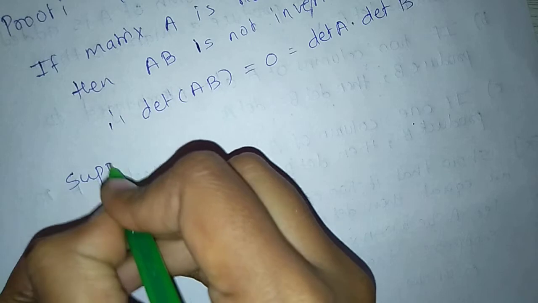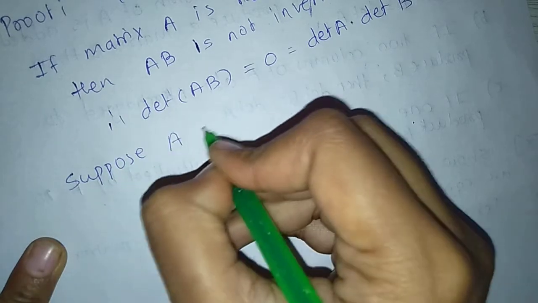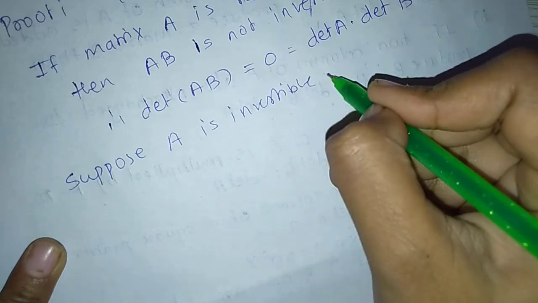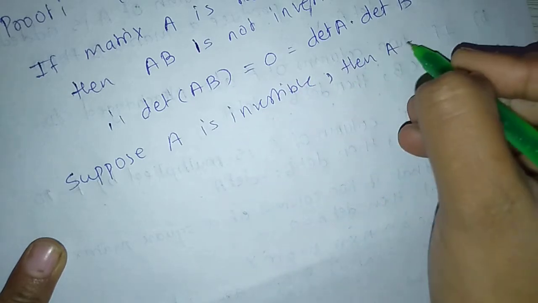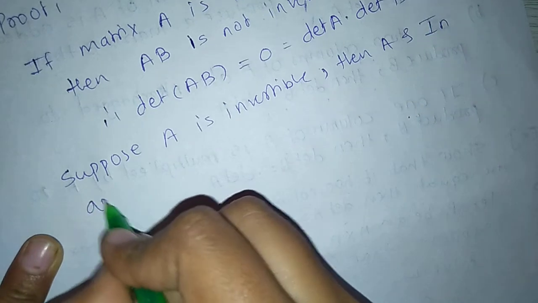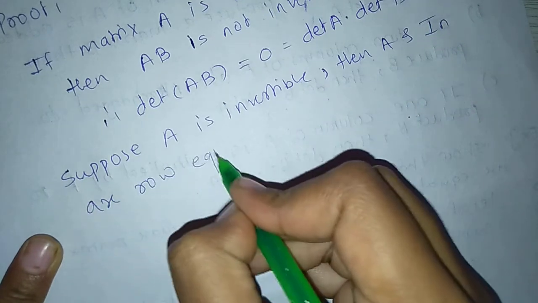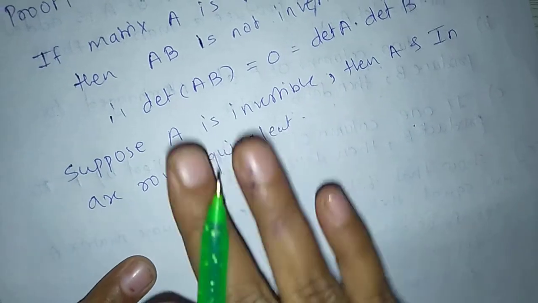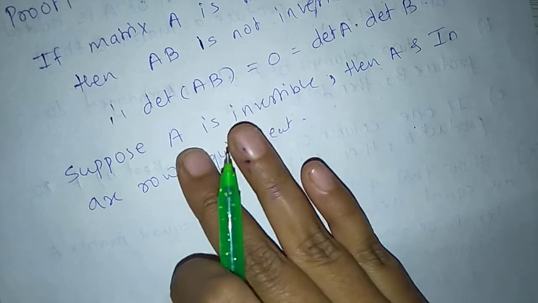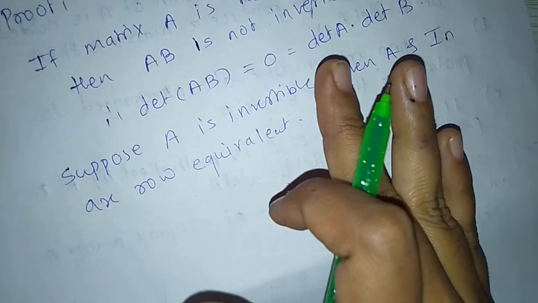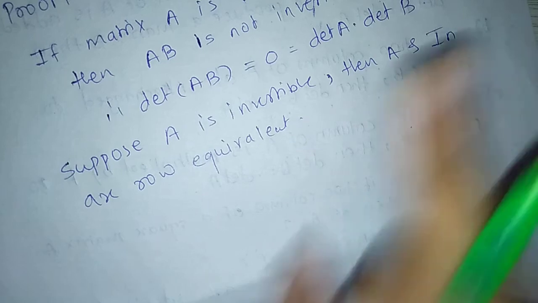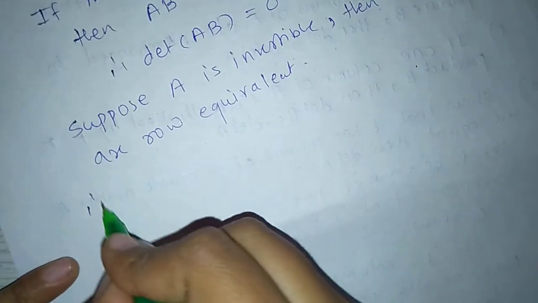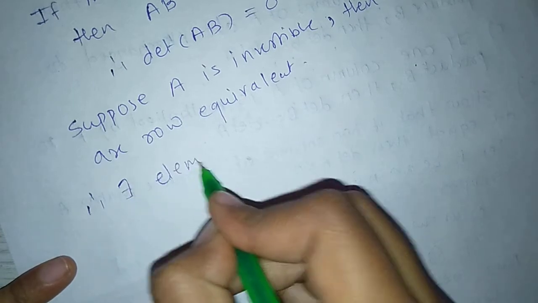Now suppose A is invertible, then A and In are row equivalent. This means A is invertible, and when we reduce it into reduced row echelon form, we get identity matrix, means row equivalent to In. Therefore, there exist elementary matrices